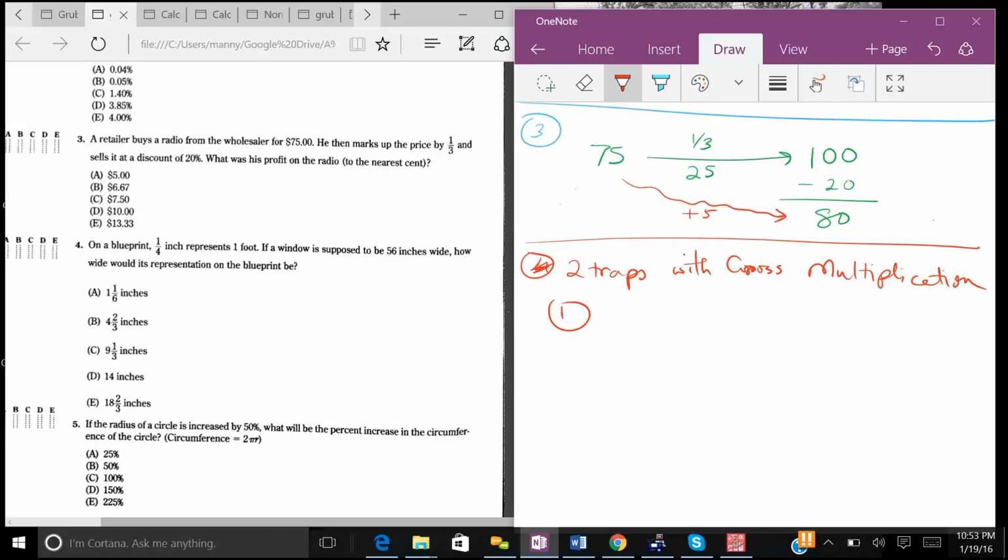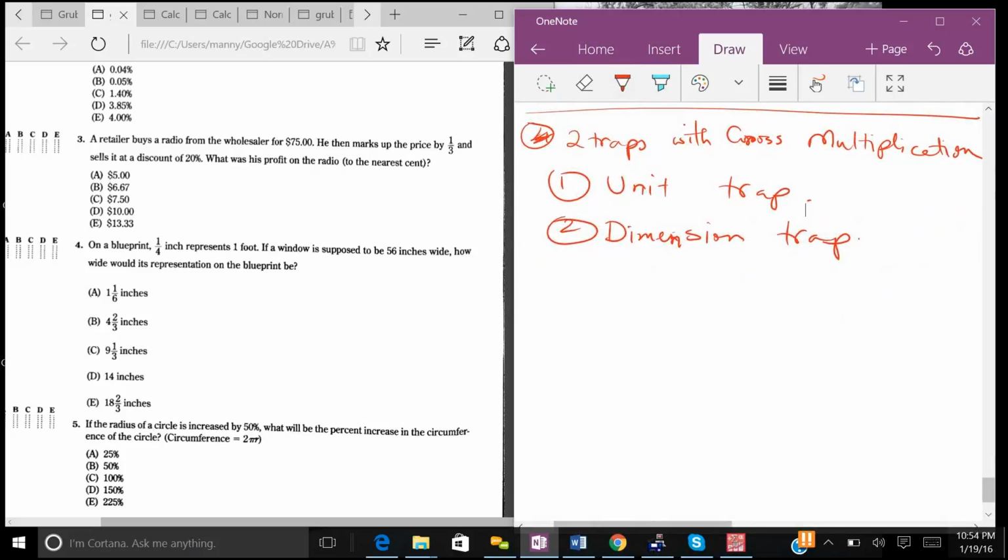Number 1, unit trap, and that's where you fell. And number 2, dimension trap. We're going to do dimension trap questions later. Dimension trap is prevalent in geometry also, so basically all dimension trap questions in geometry somewhat. Now, unit trap